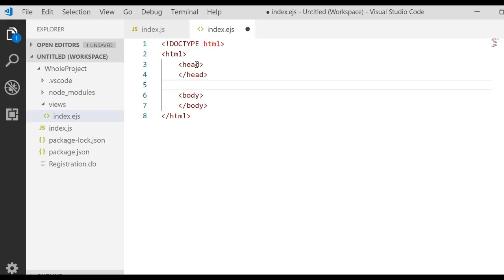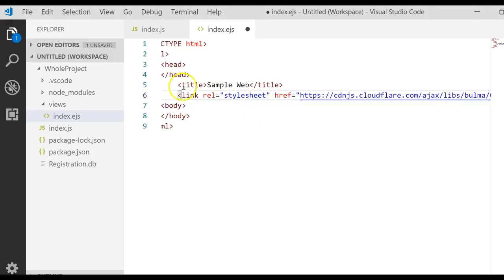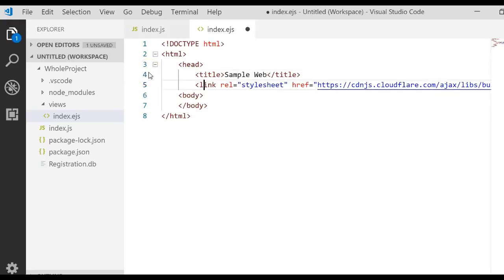and then let's do the following. Let's go ahead and we'll just bring in a style sheet and a title. And so in our head, I'm going to put a title, and we'll call this, well, I did put pivotal search, we'll just put a sample web. That'll be good for us. And then we also want to bring a link to a style sheet. Oh, whoops, I'm not putting that in the head. My typos. Make sure that goes inside of your head tag. So now we got a style sheet coming in, we have a title in there,